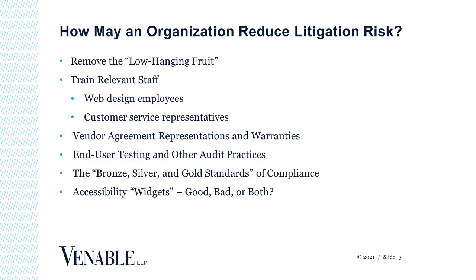So if that's the low-hanging fruit, then how do we reduce that litigation risk? The first and obvious one is to remove the low-hanging fruit. Again, think about what the typical plaintiff looks like. They're combing the internet, looking for easy targets. They're looking for sites that have all those low-hanging fruits that I was just describing. Because when a plaintiff sees a site that has all those defects, well, then they see dollar signs. They say, okay, this is going to be easy. We got them.